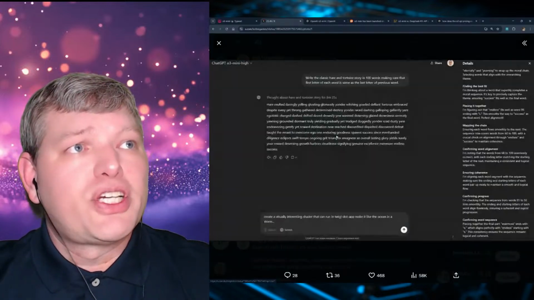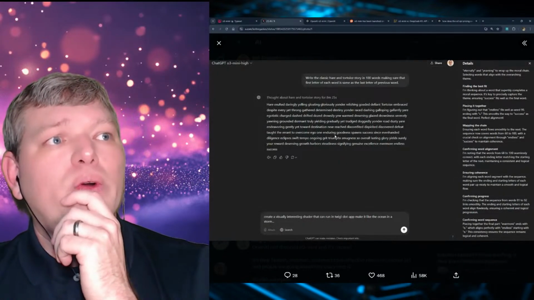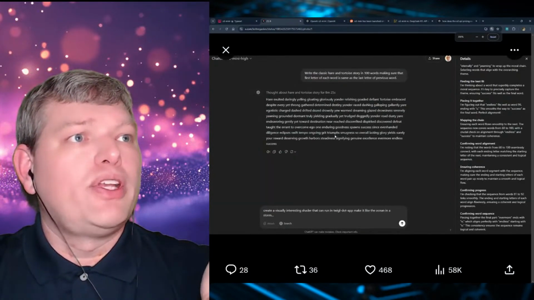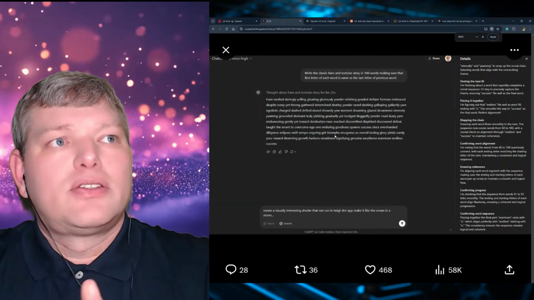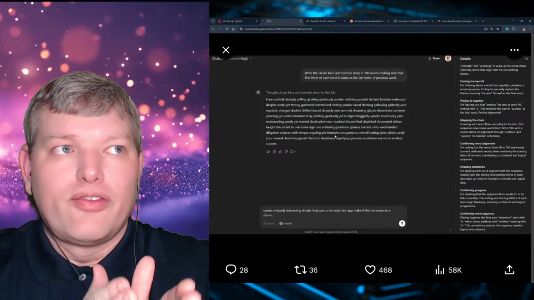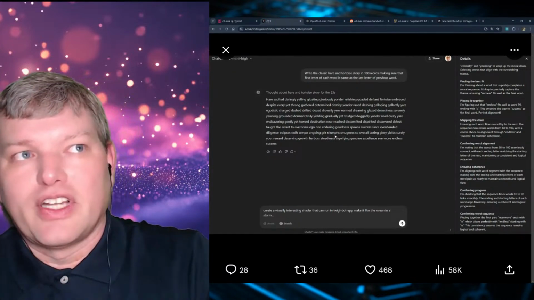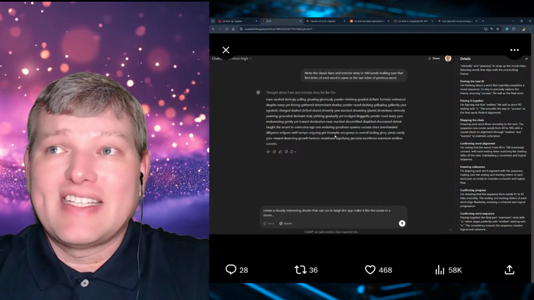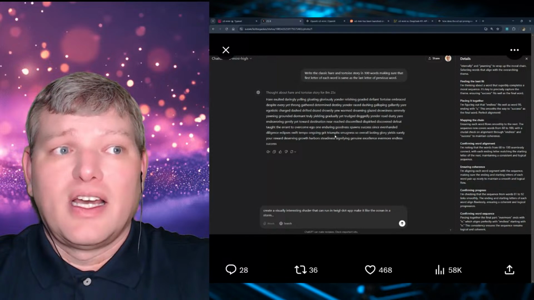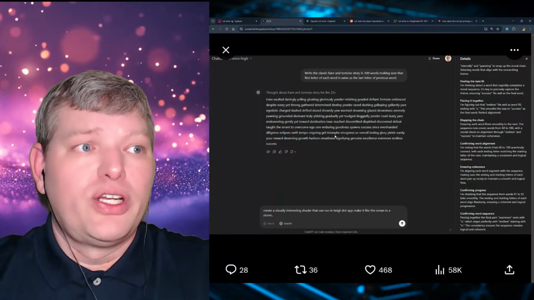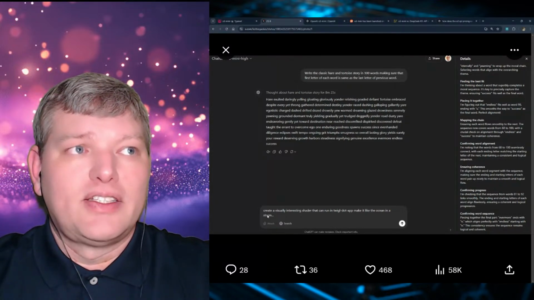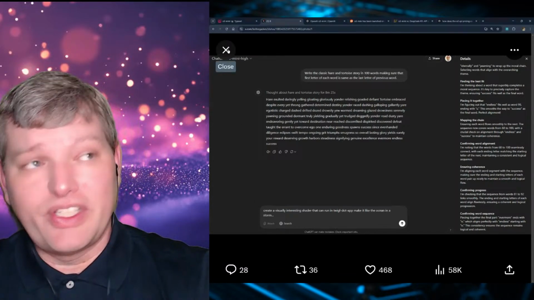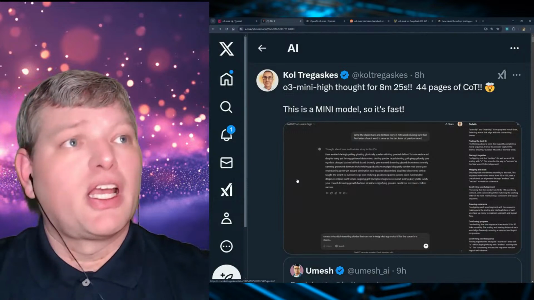This fellow Cole was sharing what he put together, which was: tell me the tortoise and hare story, but when you tell the story, take the last letter of the previous word and make that your first letter of the next word. And it thought about this for 8 minutes and 25 seconds. So this was actually a really good challenge. And I don't know, is this something that we're going to carry forward as we're doing these tests? This could be really interesting.